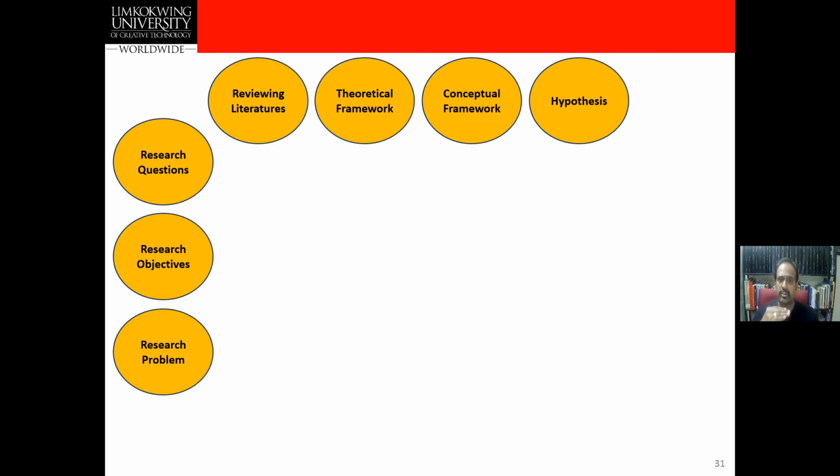So if you think you can jump a double step without a single step, it's up to you. So the framework, if it is there, it is very healthy, it's going to be helpful. But in some countries, because this video, if it's for Limpopo University students, yes, we have to adopt a conceptual framework for sure, because that is very important, what we see in Malaysia. But for other students who are looking at it, do not be really concerned. You can go to literature review, you can go directly to hypothesis.